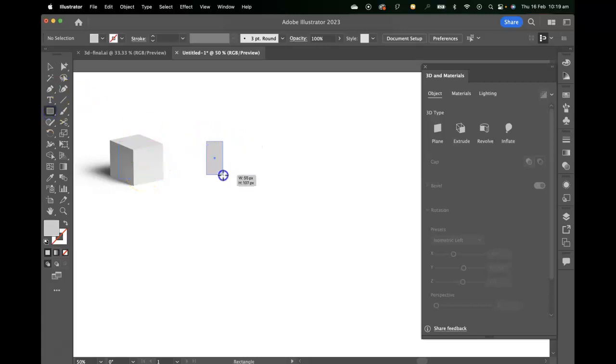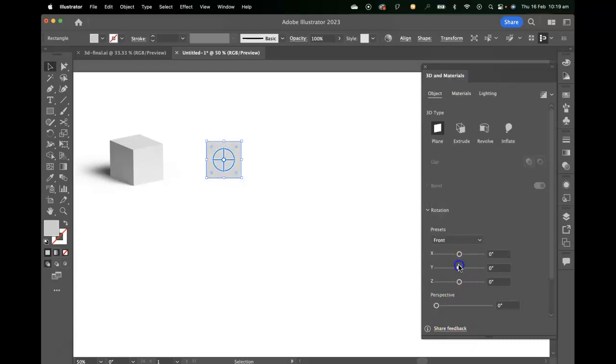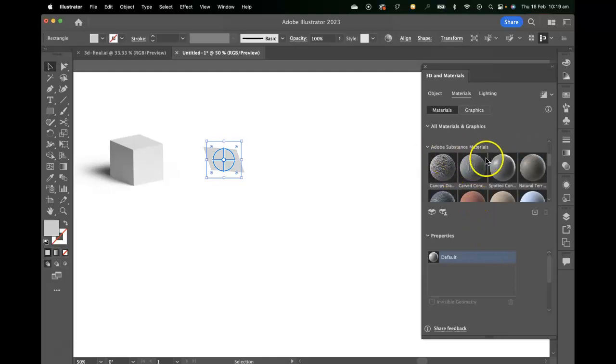Let's have a look at another option. Another option is to make just a plane. So that's like a 2D object in 3D space. It doesn't have any depth, but it has some space around it. So just like before, we can rotate around that plane, and we can also add materials to it. I'm just going to keep the default material on there, but you could add one of your substance materials, and